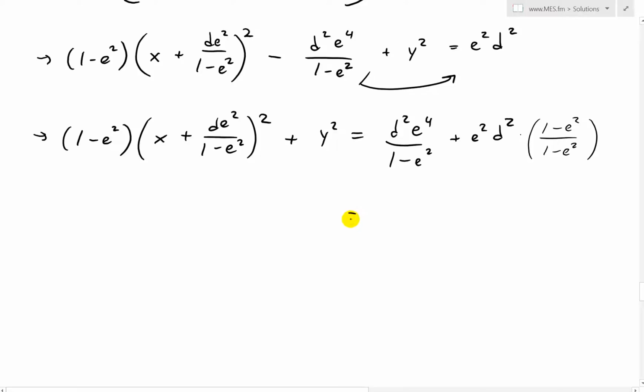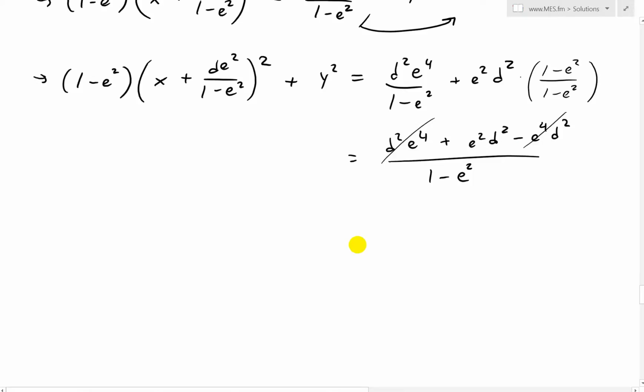So this equals d squared e to the 4 plus, and then this multiplies out, so this is going to be e squared d squared minus e to the 4 d squared, like that, and then divide this by 1 minus e squared, like that. Alright, and as you can see here, this is just going to cancel. So this is d squared e to the 4, minus d squared e to the 4, this cancels, and we're left with